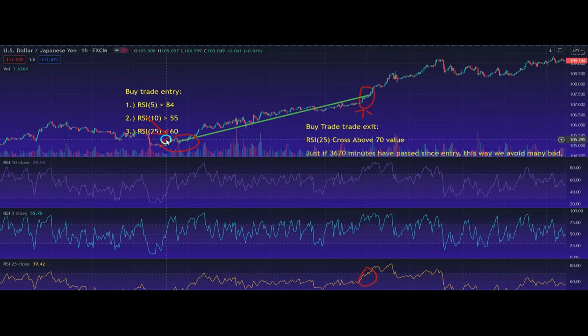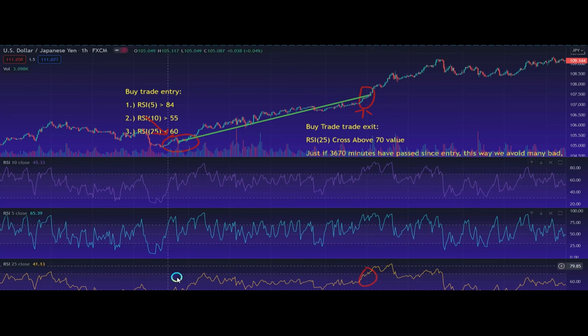So as you see, somewhere here we enter the market. If you take a look at the 5 period RSI, you see that it crossed above the value that it has to cross above, and then if you take a look at the 10 period RSI, you see that at that moment, at the same time as the 5 period RSI was above 84, it was well above